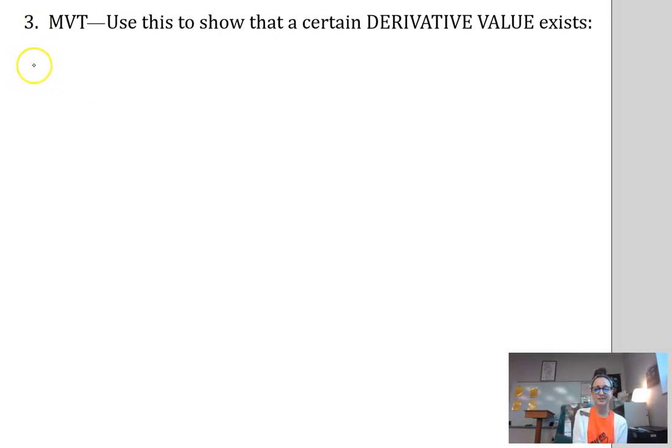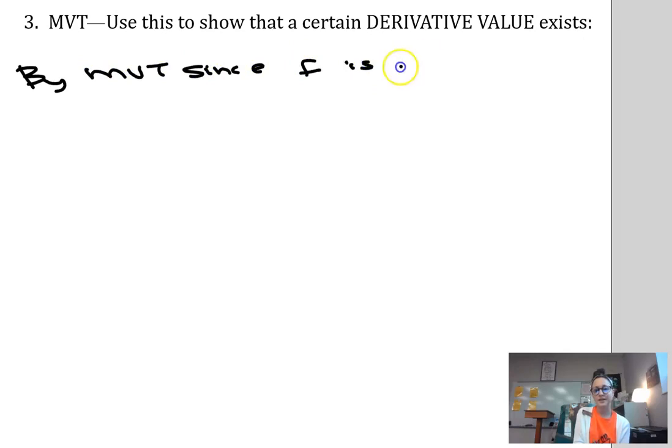Technically it's continuous on the closed interval and differentiable on the open interval, but as long as we state that it's differentiable everywhere and continuous everywhere, we've covered all our bases. Again, if it's a yes or no question, be sure you say yes. Now state your theorem, so by MVT, then state why you can use your theorem. So since f is differentiable and continuous,